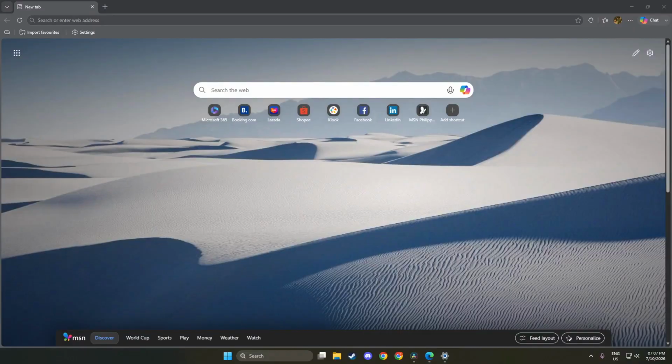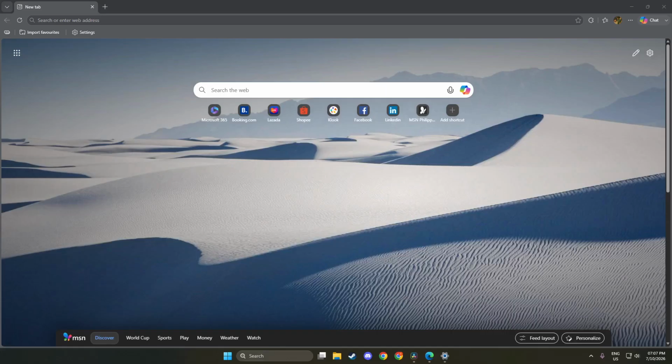First, you'll want to open Microsoft Edge. This is the web browser developed by Microsoft, and it comes pre-installed on Windows devices. As you open the browser, you'll notice the familiar layout with the address bar at the top and your favorites easily accessible. This step is crucial because you need to be in the browser to start adding the ad blocker. Once Edge is open, you are ready to move on to the next step.